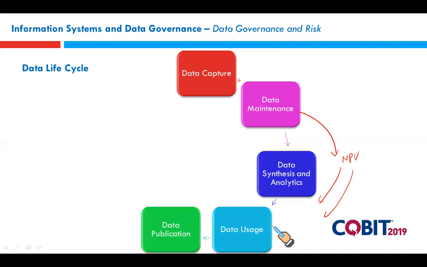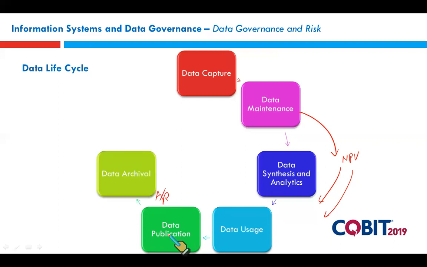The next step is data publication. Data publication involves the distribution of data outside the organization. For example, you are in the accounts receivable department, and when the AR cycle is run every month, we update our customer files, and then send the customer statements to their given addresses, dispatching them by email or sending by post. This is called data publication. So data publication means sending data to a location outside, like monthly statements to the customer.